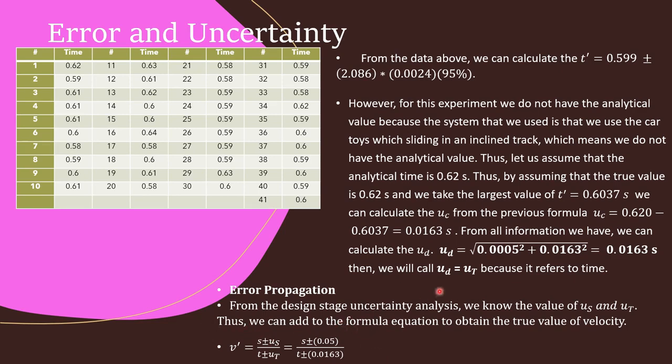Actually, we can just put it into our code in Arduino, but in the Arduino LCD, we can only process up to one number after the comma, so we cannot have the long number. So instead of putting it into the Arduino code, I will put it in the post-experiment.